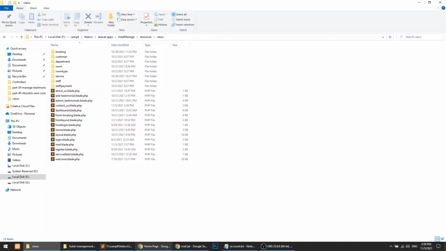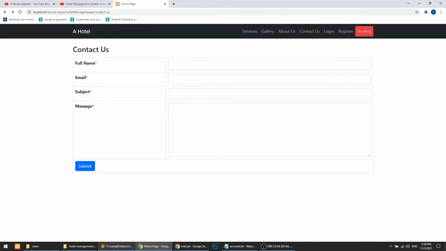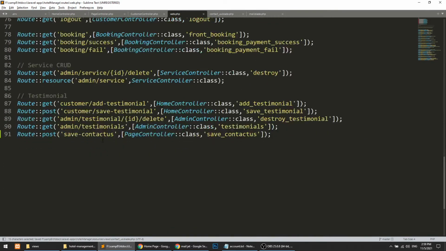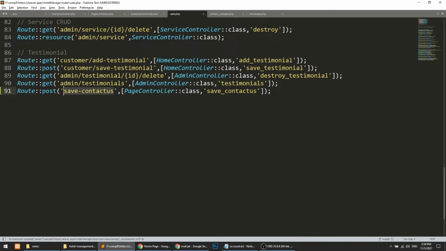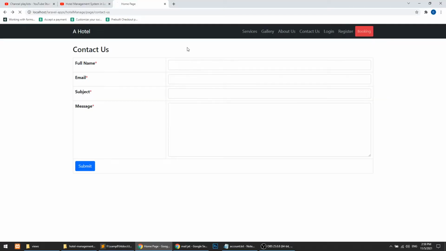Now let's try to check this. So refresh, so we have this thing, submit this. So it is not validating the data. So first of all we need to validate this data. So customer save contact us, so it should be save contact us only, not customer, so that's why it is saying 404 error.